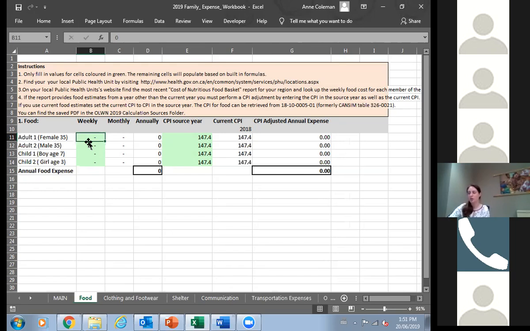The first step would be to go to the public health unit website and look for this information. Usually there's a report. Not all public health units publish it in quite the same way, though they all do the same research. So some reports will break down the food costs in a community for adults of various ages, children of various